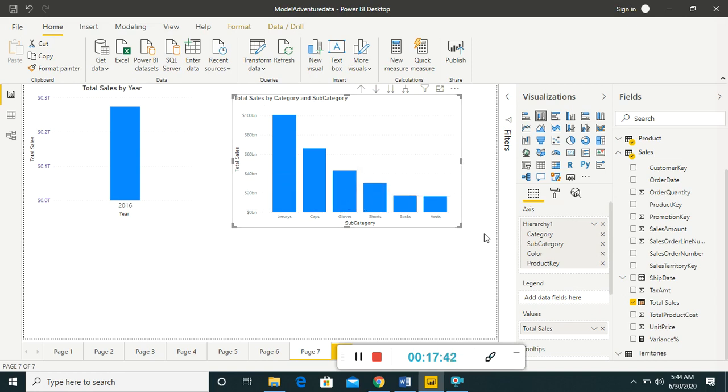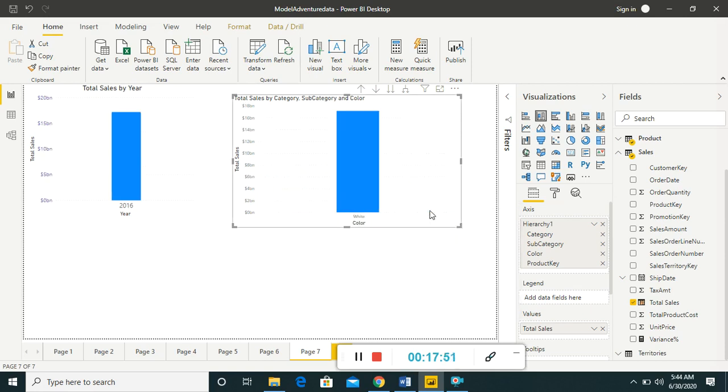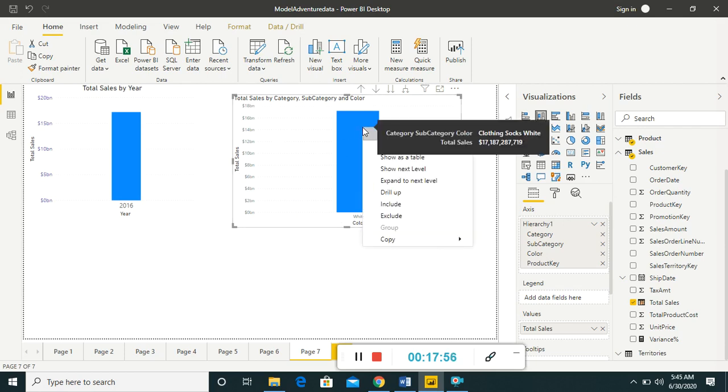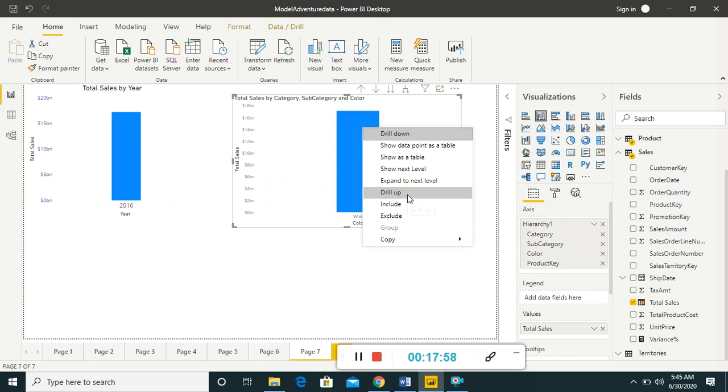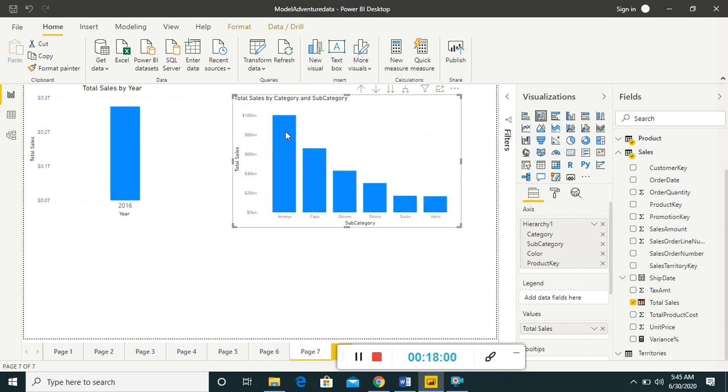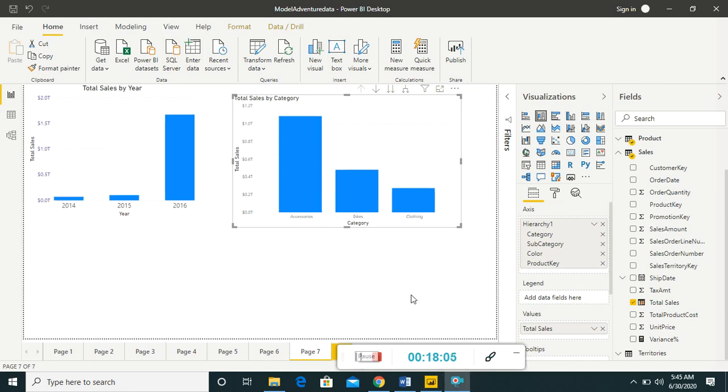If you want to explore further, you can apply drill up to move back. So you can make a hierarchy and explore the information according to the placement of items in the hierarchy.